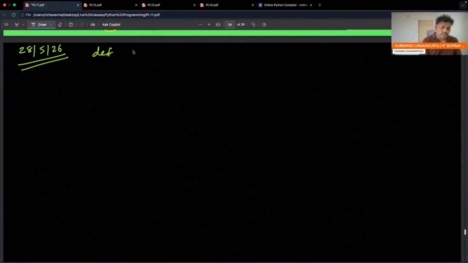def a of n, colon. Next one, inside the def function we are doing if n less than or equal to 1, colon. So inside if, we are doing return. Return 0 or 1, it doesn't matter. But the important thing is, remember, you are not printing. Please be careful. Else,